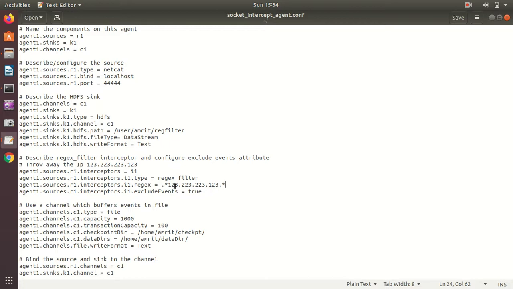It will find this pattern, and this pattern will be excluded, because in the next line I have written i1.excludeEvents equal to true. It means that thing will be excluded. Whatever result I get in my HDFS, that IP address will not be available. The particular line which carries this IP address will not be included. This is the meaning.